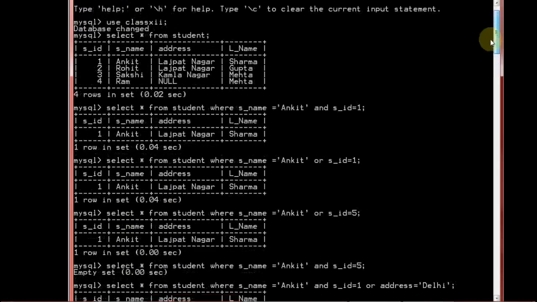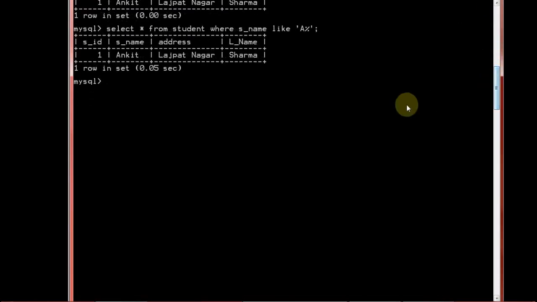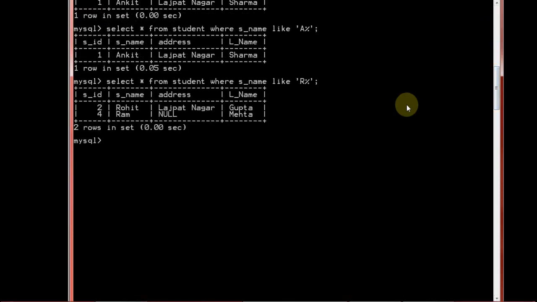Let's see the table. See here, there are two names starting with R. So right now I am writing R. So see, you will get two records, Rohit and Ram over here. Fine.